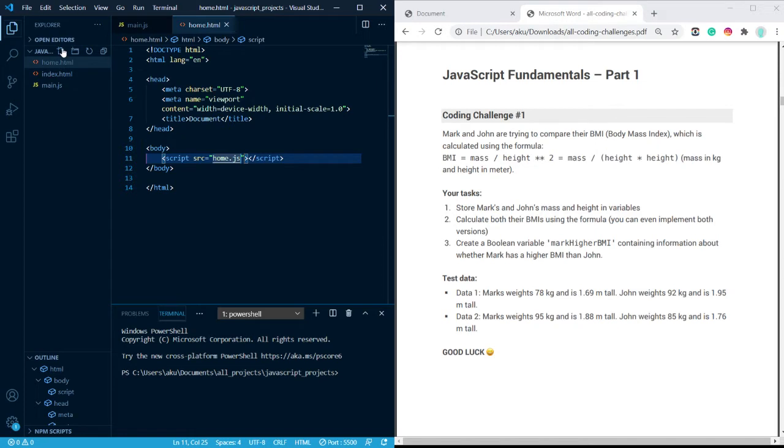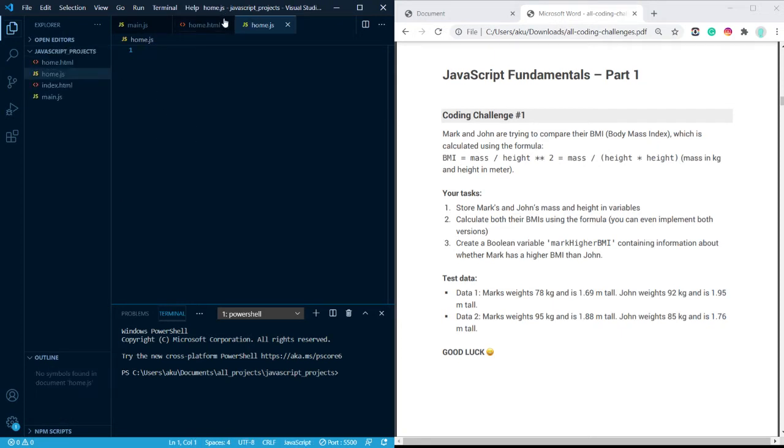So I'll write a new file again. Name it .js. So this is my JavaScript. Open. I'll close here because I don't need to. Let's get to it. So Mark and John are trying to compare their BMI, body mass index, which is calculated